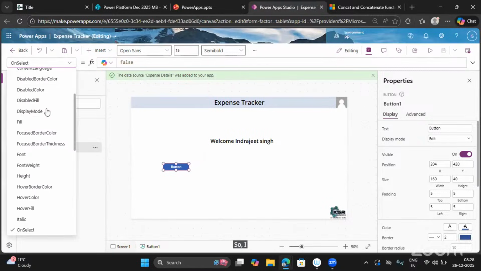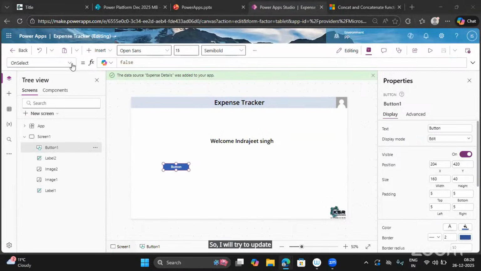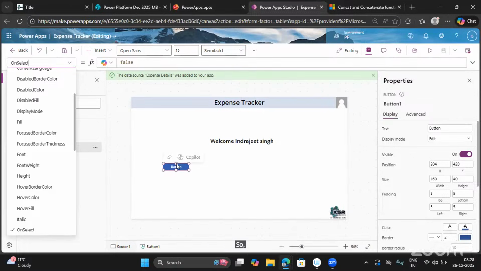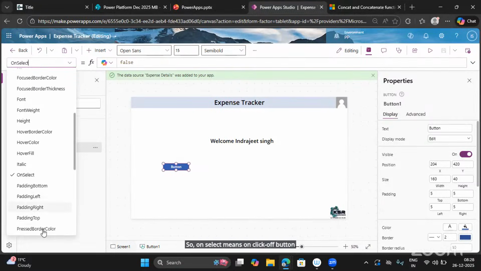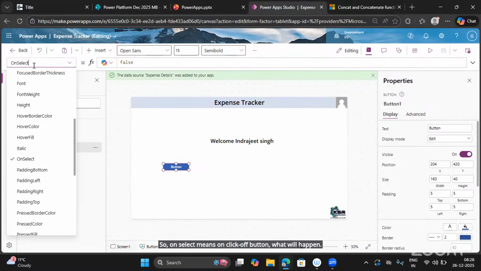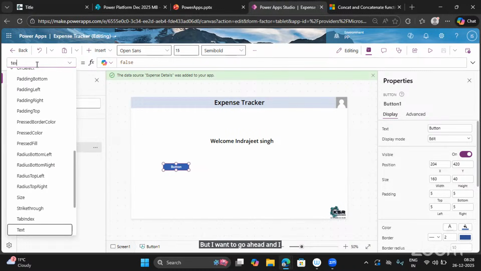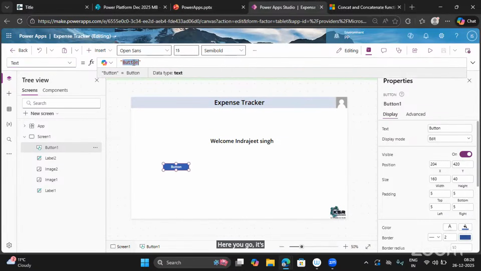I will go ahead and add the first button, which will be create expense. So I will try to update everyone from here. On select means on click of the button, what will happen. But I want to change the text of the button. Here you go. It's button. It should say create new expense,